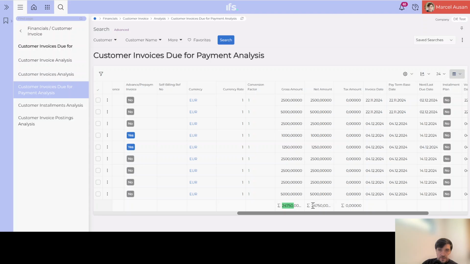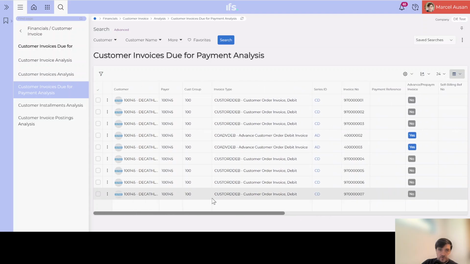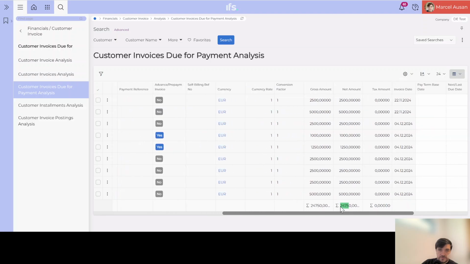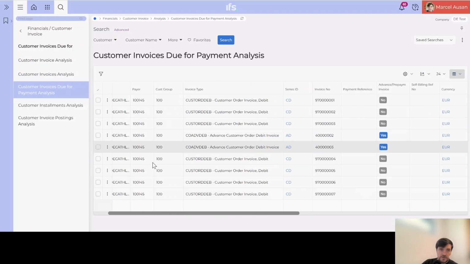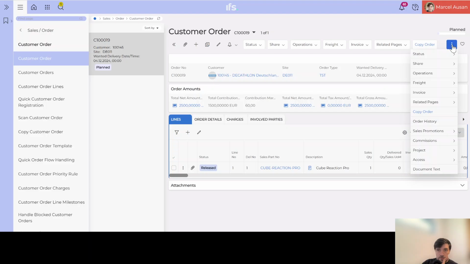and we see the total gross amount, 24,750, and also the net amount is the same. So obviously in our case, only from the overdue invoices, our customer order should get blocked when we try to release it, not considering other orders that we might have open with this customer. So if we go back to our customer order,